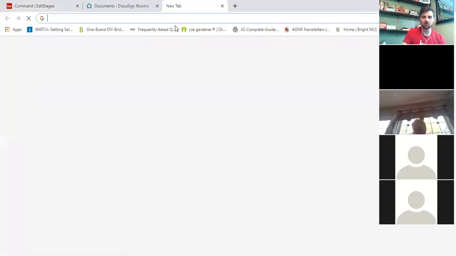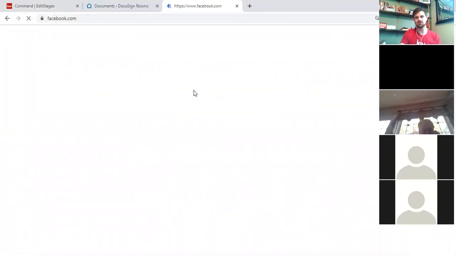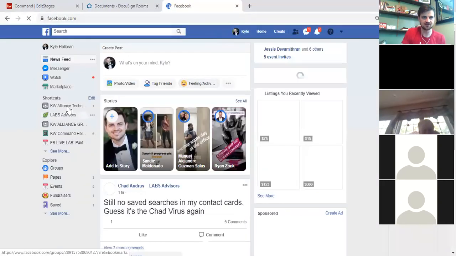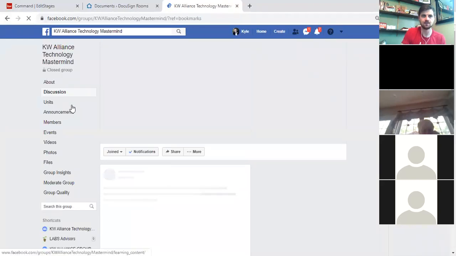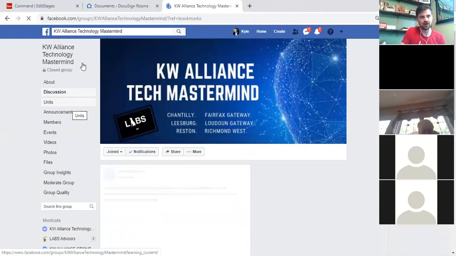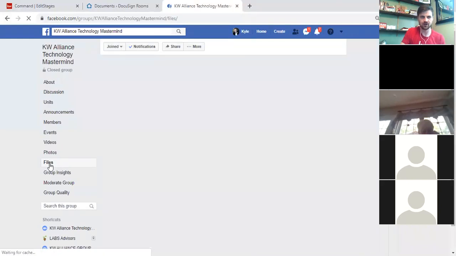The other way to build your checklist, if you wanted a time block for it, is if you go to Facebook and you go to my Facebook page, the KW Alliance Technology Mastermind page. So if you're not a member of this, just go ahead and type in that name. I think most people are now. If you go to the Files section down here, right? So if I click on Files,